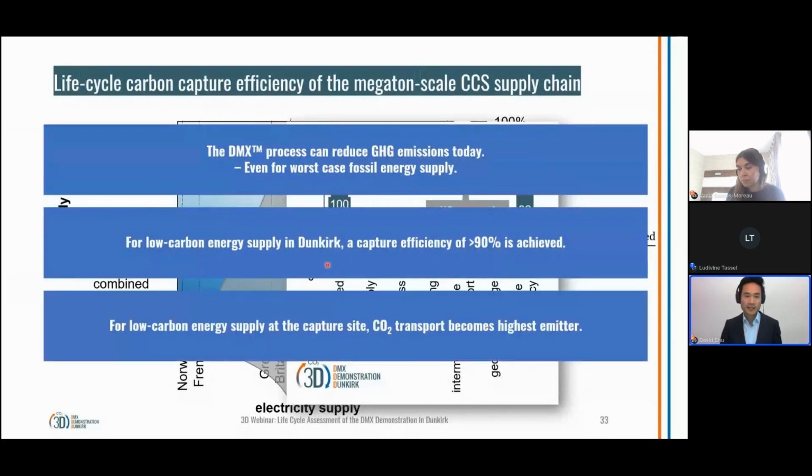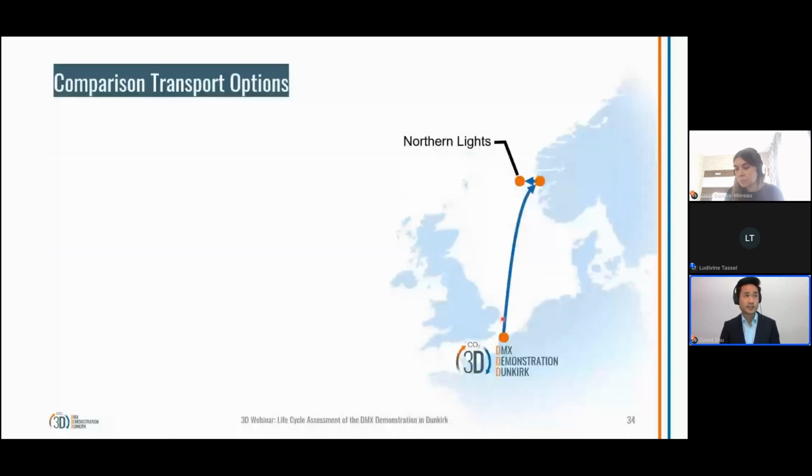For the low carbon energy supply at the capture site, we learned that CO2 transport actually becomes the highest emitter. So next, I would like to have a closer look at transport options. And Vanya in her introduction has already mentioned that we are considering multiple storage sites for the 3D project. And in the base case, we are considering Northern Lights. So storage over 1,000 kilometers distance from Dunkirk. As alternative options, we have also considered a UK storage site and a Dutch storage site, which are much closer to the